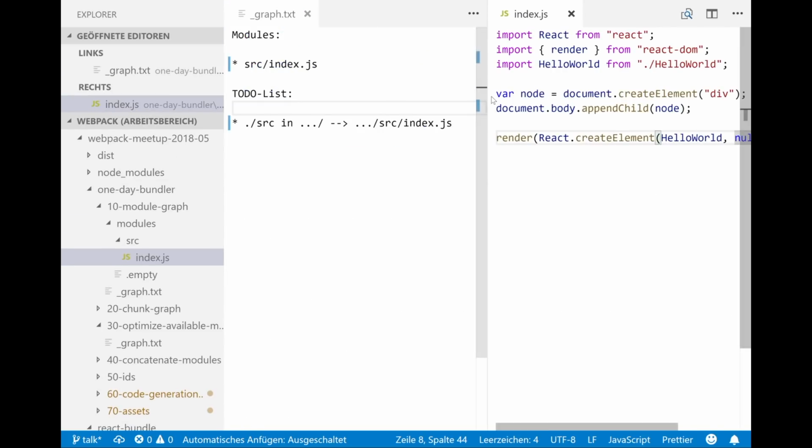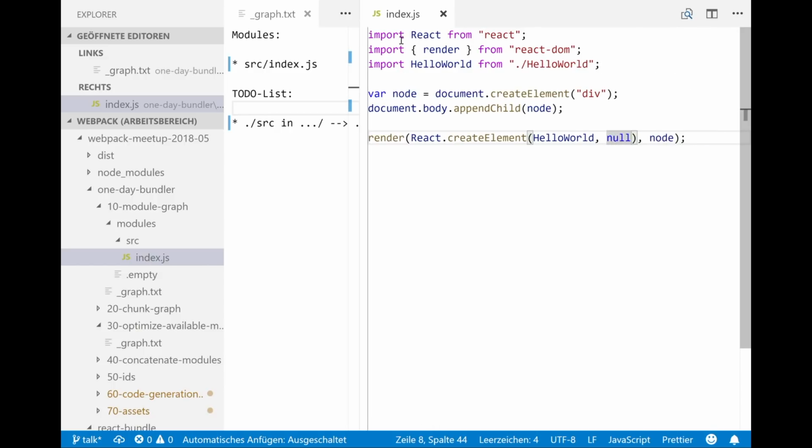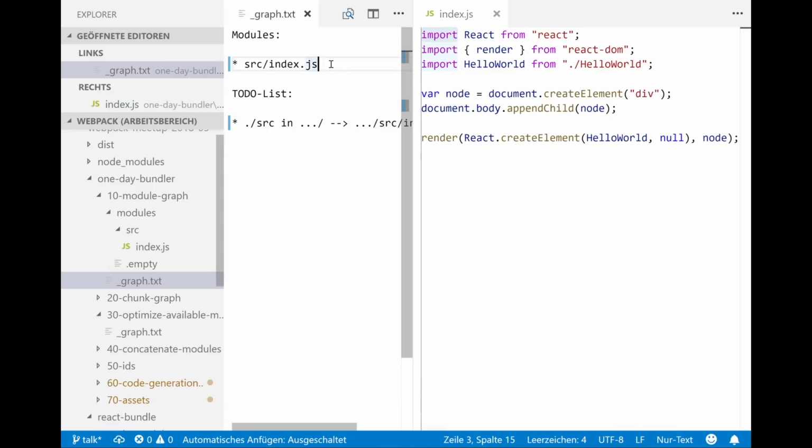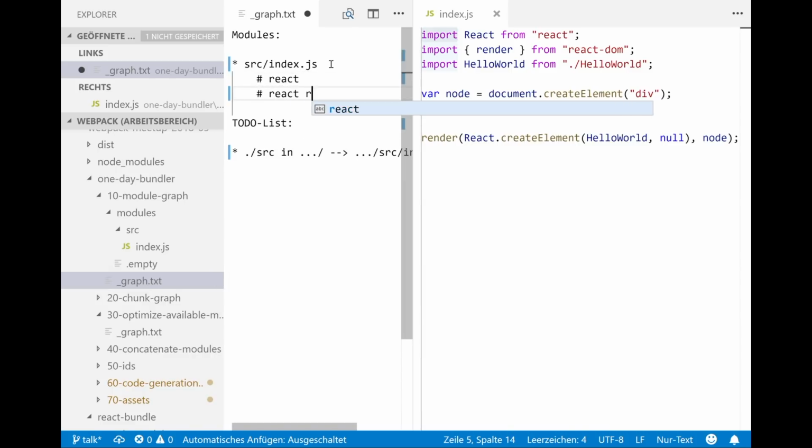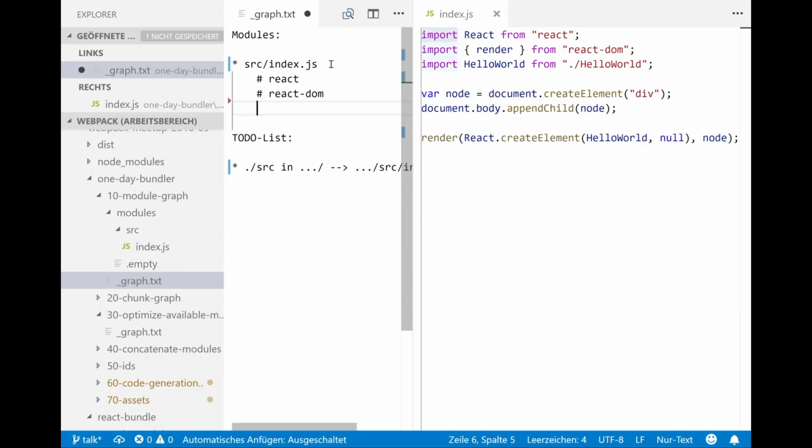Okay, now we parse this file, and parsing means we're looking for import statements, and we found some. So we take a note of this, and this file has a React import, a React DOM import, and a Hello World import.